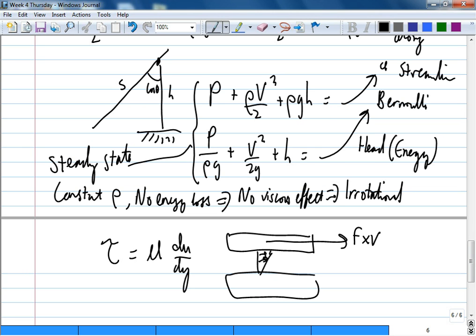Remember this effect when we did earlier? Shear stress equals mu du dy. So you needed a force to drive, let's say you sandwich some fluid between two plates and you drive the top plate. You can work out what the force is to drive the top plate. There's a force and the top plate is moving at a velocity. Force times velocity is power. Where's that power going? That power is going to viscous heating. So that's loss.